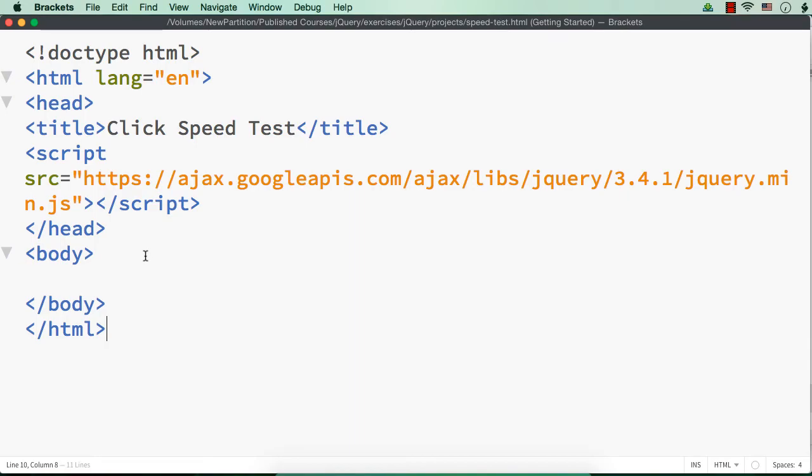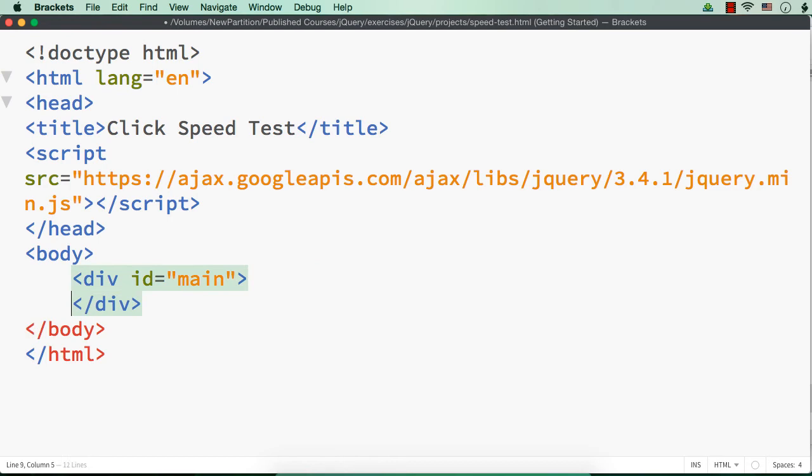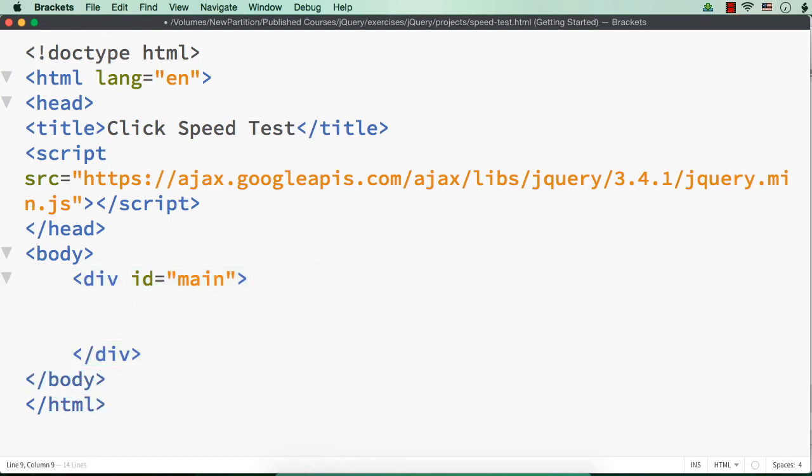So to illustrate this, I have already saved a web page and changed the title to click speed test and also added reference to the latest jQuery file. Next, let us add the required elements. Let me first add a div element with ID main, within which we are going to add the required elements. Okay. So initially we need to have the reset button. So button with ID btn click, because we are only having one button,